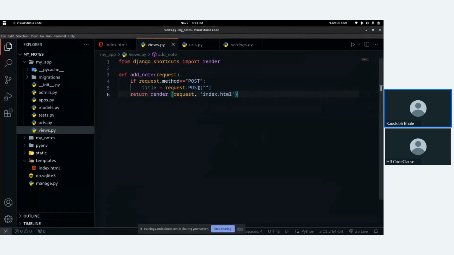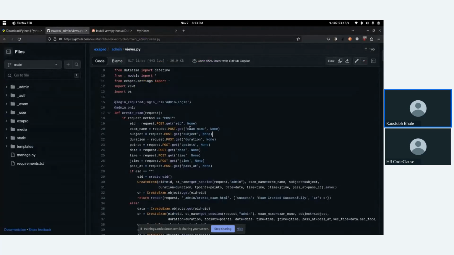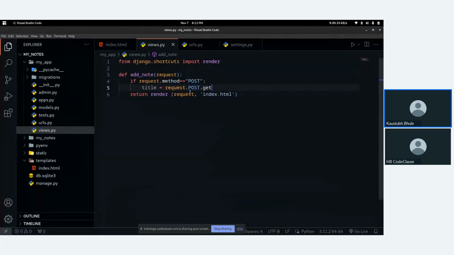You can also do this, or you can also use a get method. I don't know why my Python extension is not working. Okay, fine. So to get a value from the form, you can use request.POST followed by the get function and followed by the name.